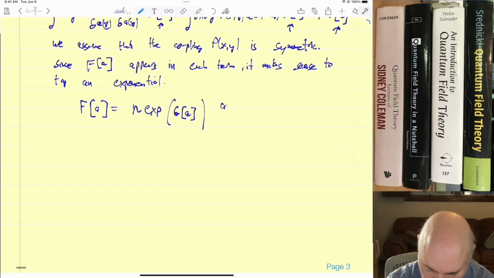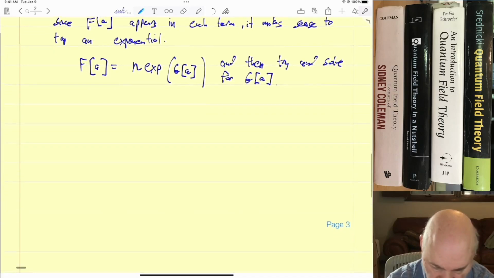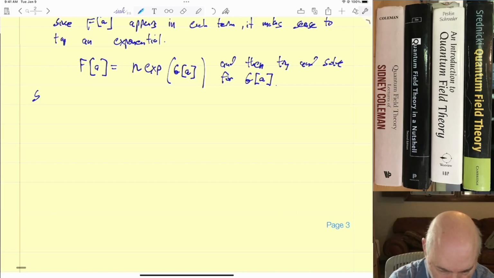And then try and solve for g(a). So substituting in the FDE,